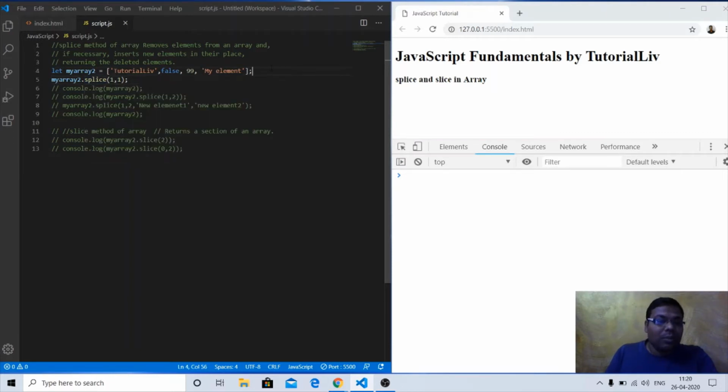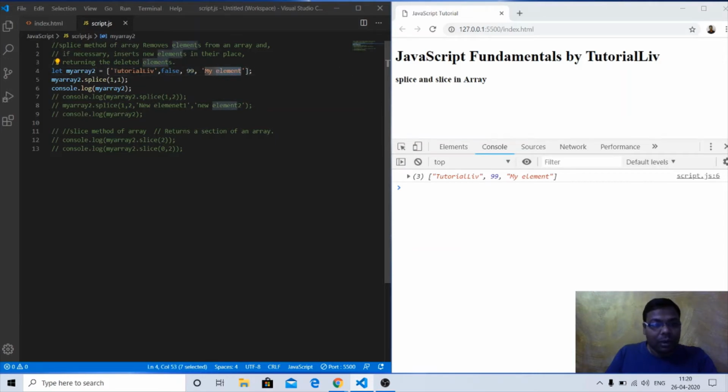I am using the first two parameters first. I want to delete an element from the first index, and how many elements do we want to delete? One element. So now let's see what happens with my array 2. Earlier there were tutorial live, false, 99, and my element.